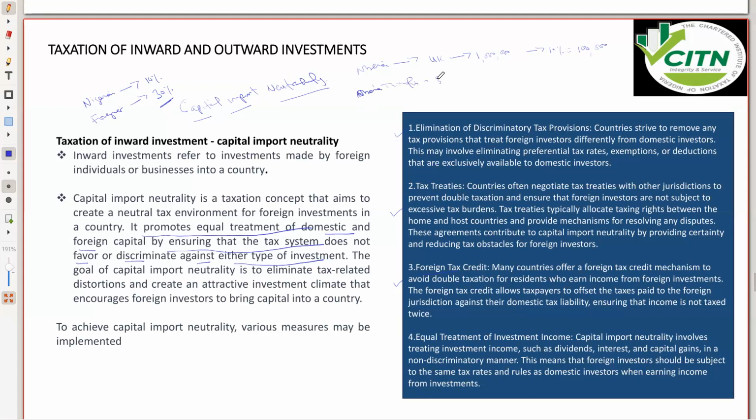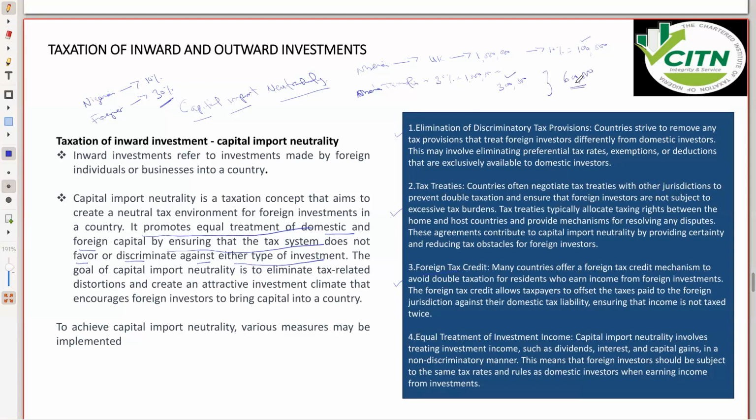That would be 30% of your 1 million, so that would be 300,000. Now, where there is no tax treaty and no foreign tax credit, you would pay 100,000 in the UK, pay 300,000 in Nigeria, and that leaves you with